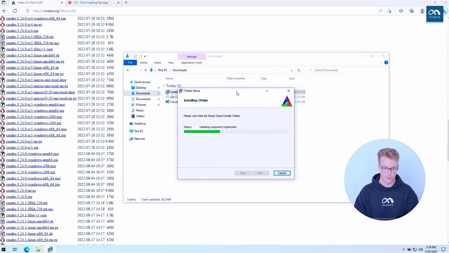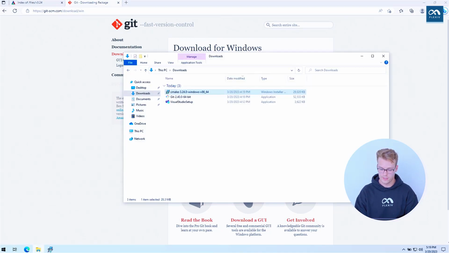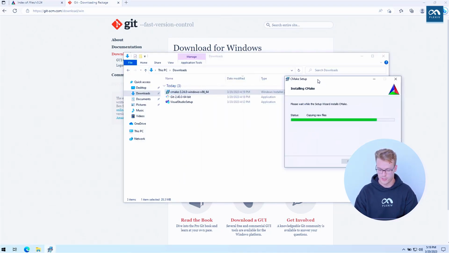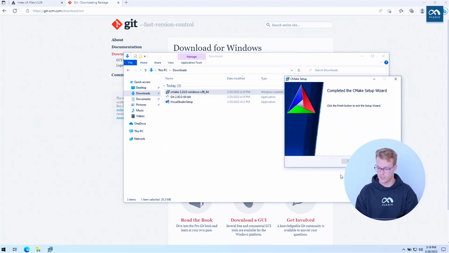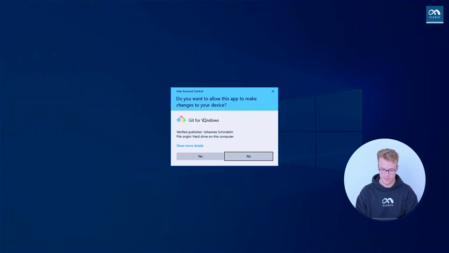So to do this, we will want to find the download for Windows page on the Git website. And then you can just click the link at the top that says click here to download. In my case, I've actually already downloaded it, so I'll just wait for CMake to finish installing, and then we can go ahead and run the Git installer as well. So I can click finish after the CMake installation completes, then double click Git in the downloads folder and click yes,